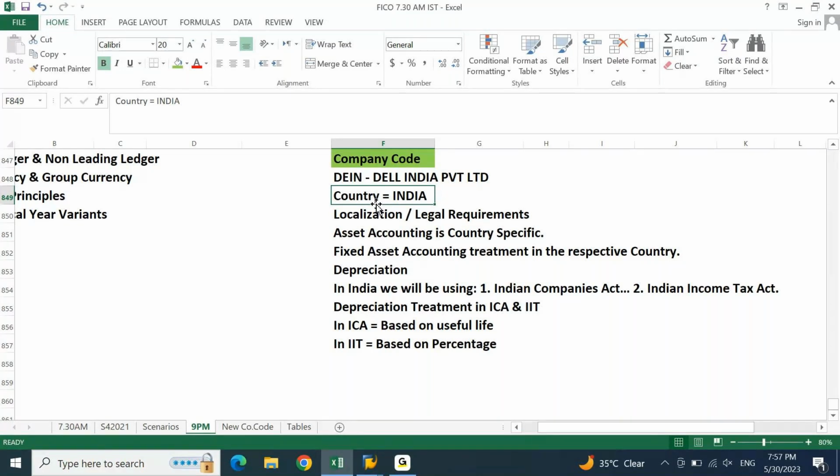Accordingly, you have to know certain points from the SAP system, from the standard setup. If you have been asked how depreciation is calculated, how you have created a depreciation, and you mention based on percentage, straight line method 10%, straight away gone. Correct? If you tell me that you created depreciation based on 10% straight line method, 15% WDV method, you are wrong. Because in India, according to the Indian Companies Act, depreciation is calculated based on useful life.